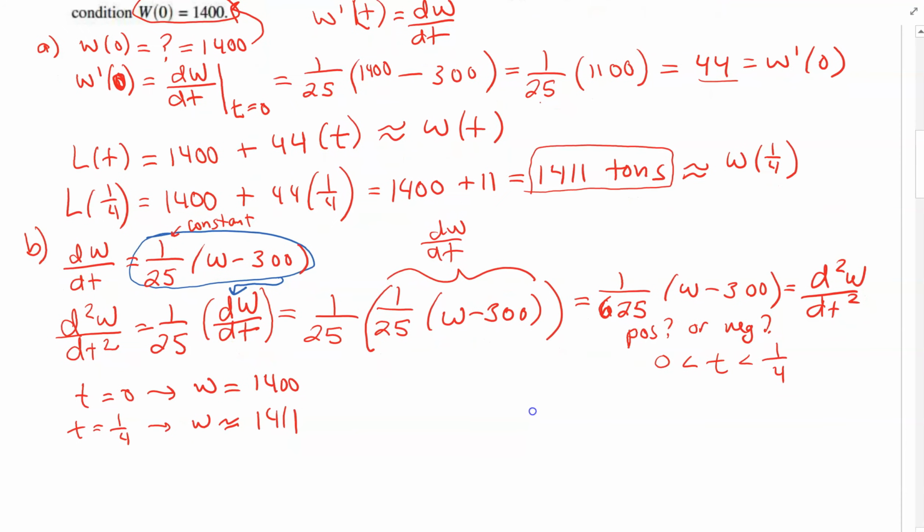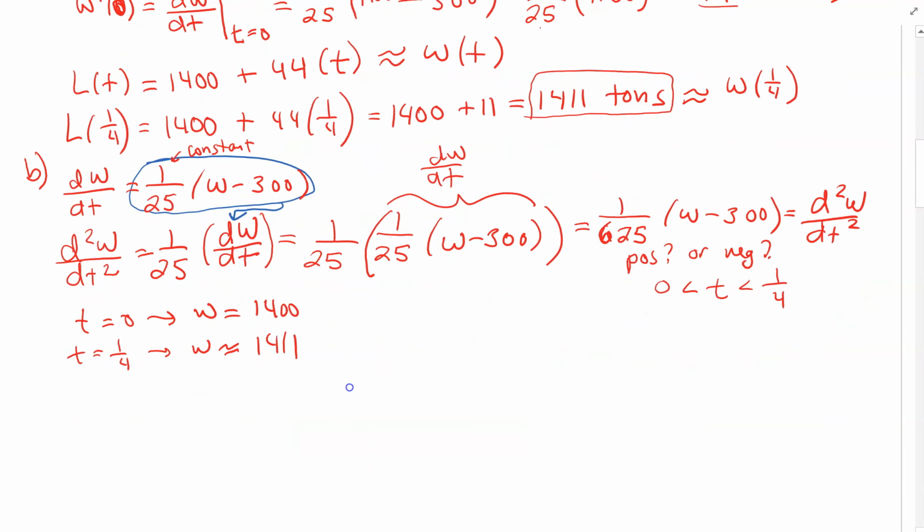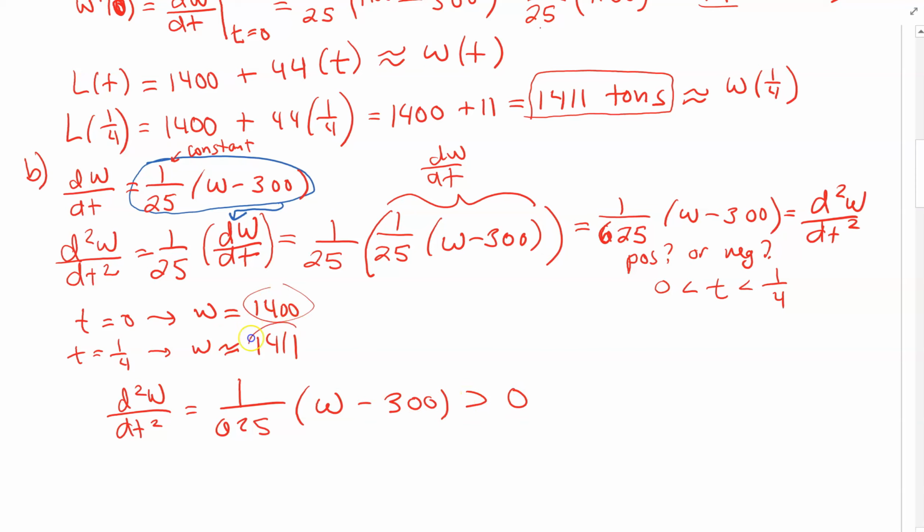So what we can figure out from that is that the second derivative is going to be positive. So 1 over 625 times w minus 300 will be greater than 0 because the values of w are bigger than 300. So when I subtract, I'm going to end up with a value that's positive. So the second derivative is greater than 0 for values of t that are between 0 and 1/4,